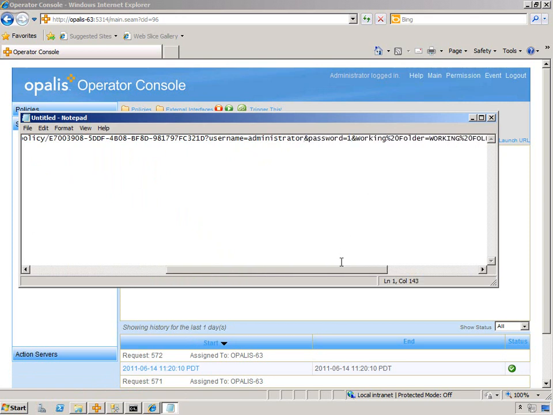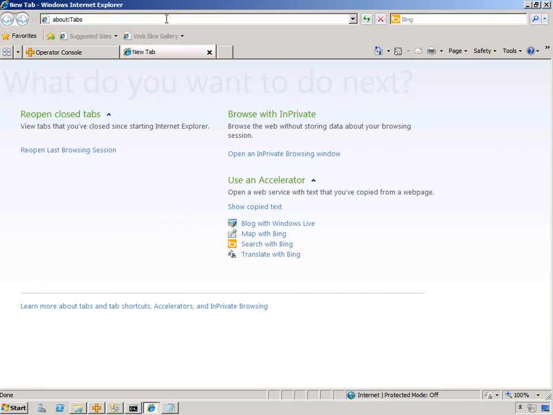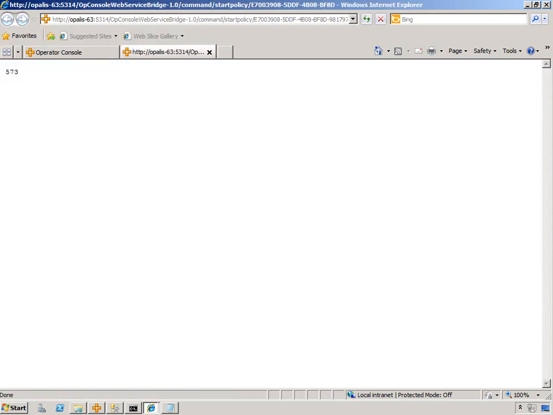Then you'll be able to see my super secret password. And then it wants some parameters. So working folder, command, and computer. So I'm going to fill in this area here. Demo, dir, and computer will be local. And now, if we take this and put it into one of these, it should execute,